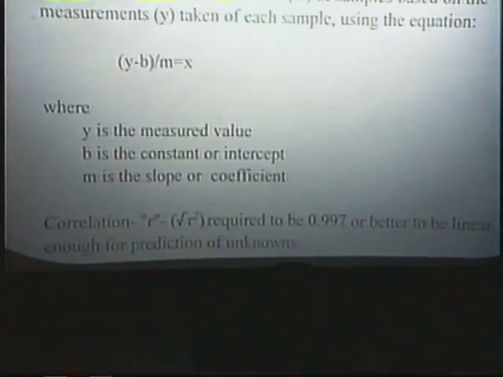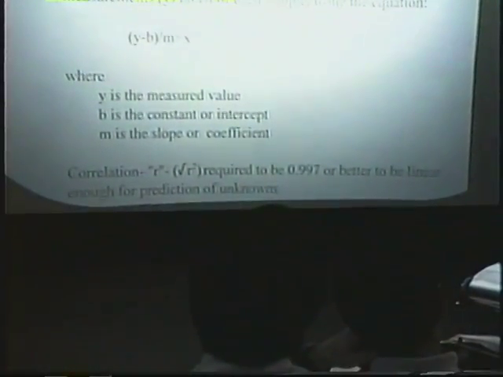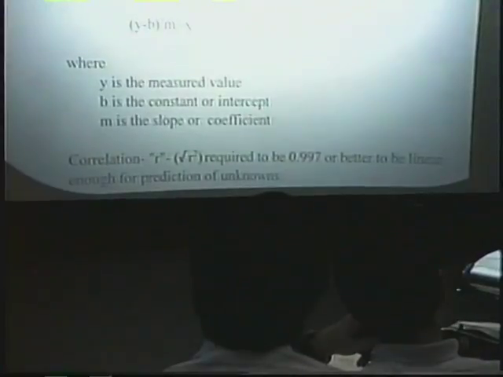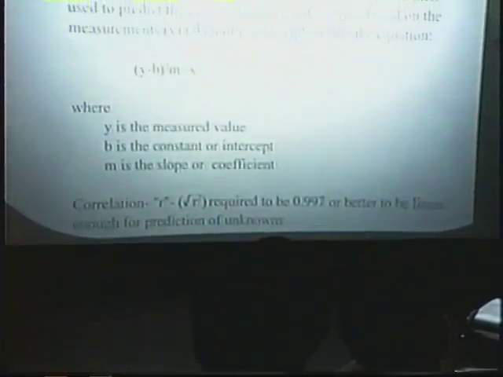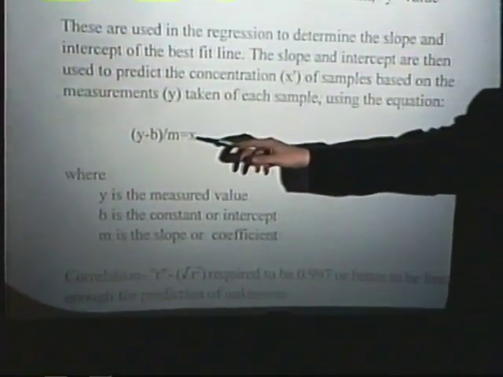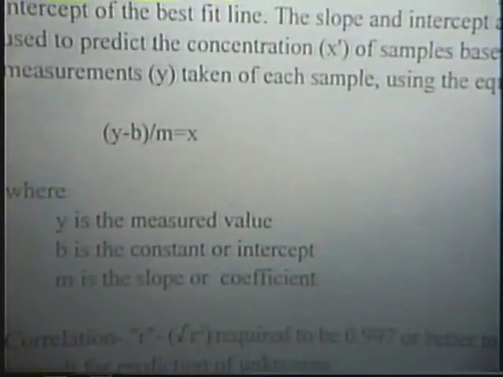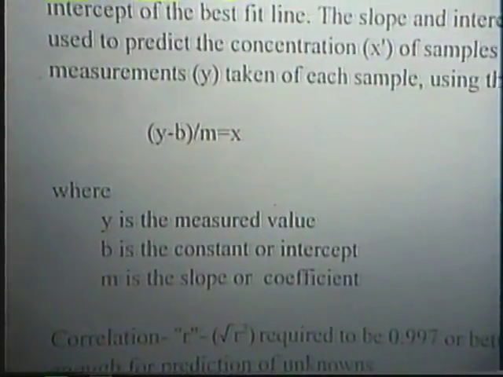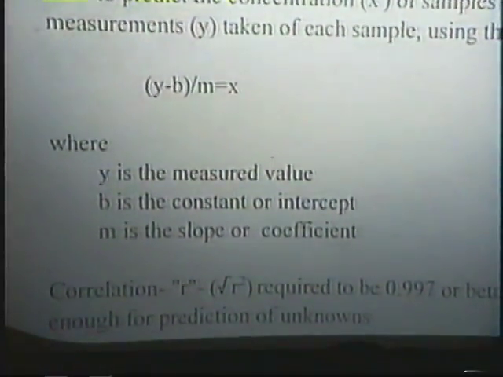The slope and the intercept are then used to predict the concentration, what a lot of calculator buttons call X with a little X prime. The concentration of the samples based on measurements Y taken of each sample uses the reverse of the line equation: Y minus B divided by M equals X. So the measured value minus the intercept divided by the slope gives you what the concentration of the original substance